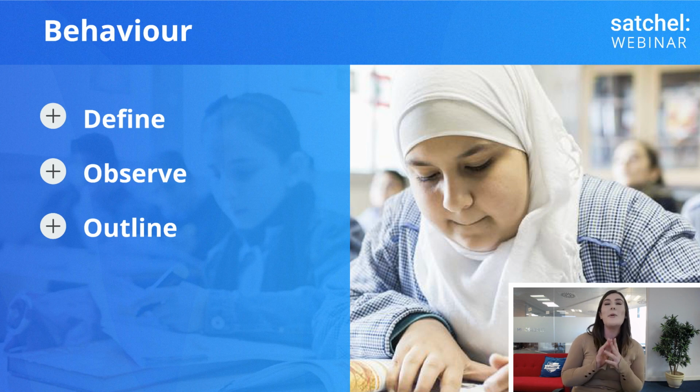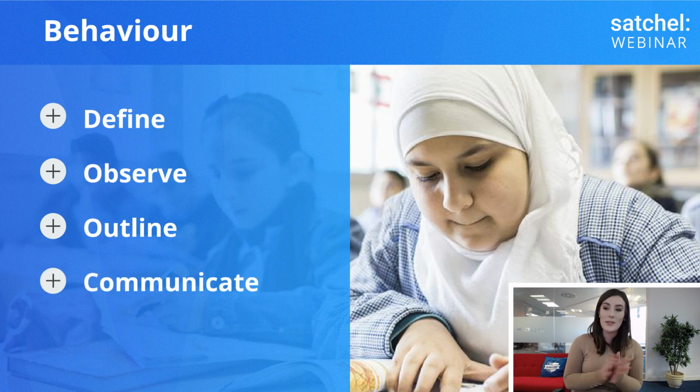Then it's important to communicate. It's so important. In order for the students to behave in line with those expectations that we've set out for them, they've got to be aware of what's expected of them and reminded regularly. So they need to know what rewards and sanctions are going to come as a result of positive or negative behaviour. And we can achieve all of this by effectively communicating the behaviour policy to all students and referencing it